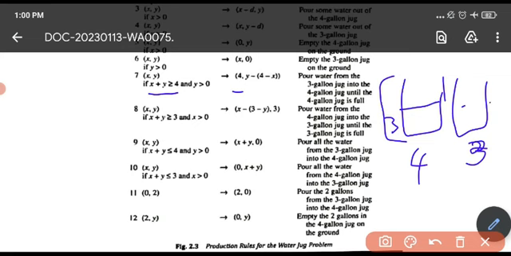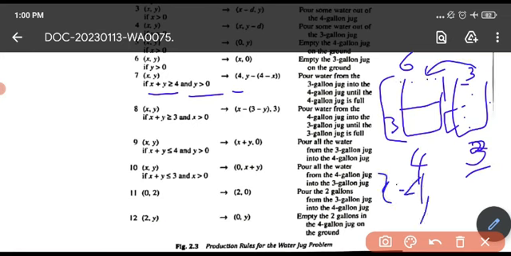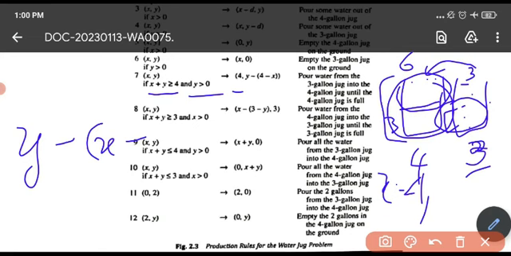What I will do, I will fill this water up until the 4 liter jug is full. Now the x value is 4. So now I need to subtract the remaining water. How can I calculate the remaining water? It is y, that is the 3 liter jug, y minus, so the x, that is this whole value, x minus... y minus 4 minus x, because y is the previous y value,